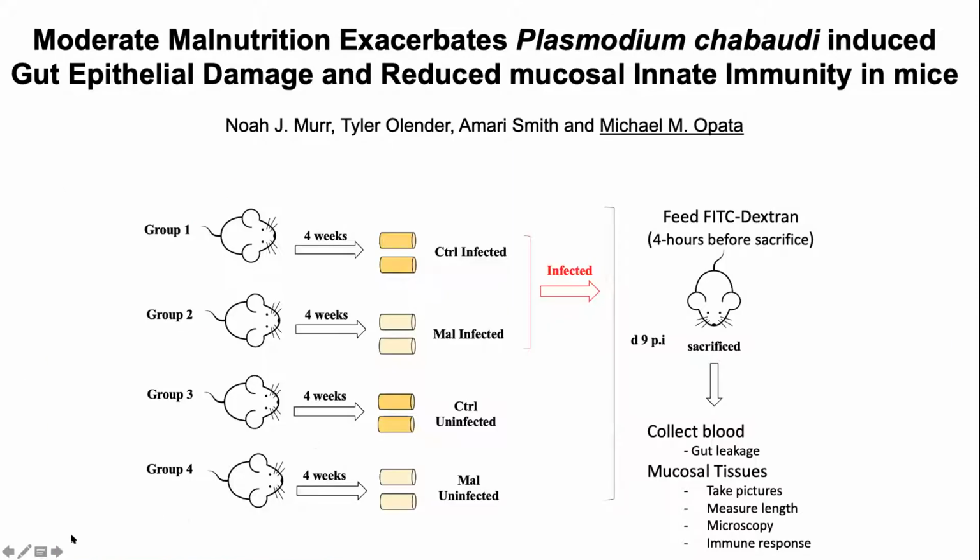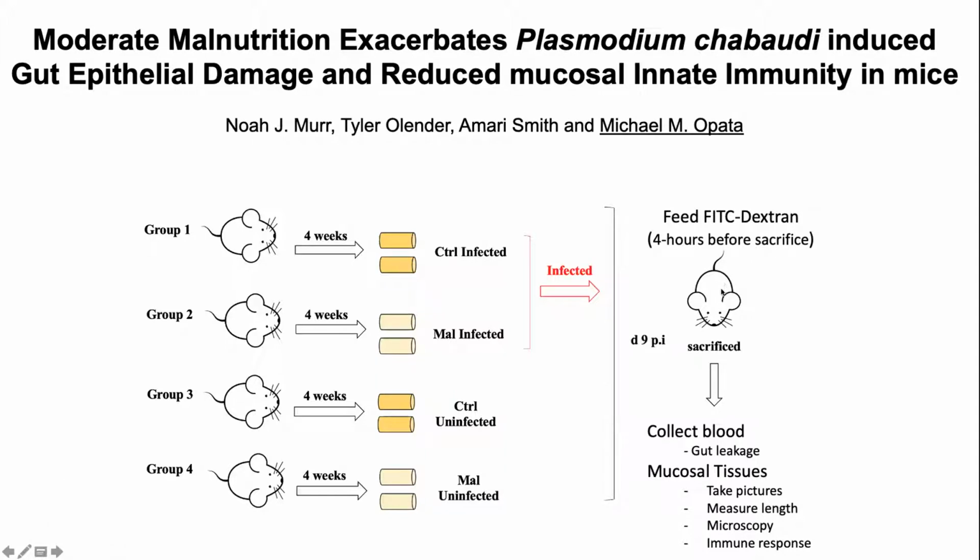What we do is we feed them for 4 weeks to induce the malnutrition. Once we have induced malnutrition for 4 weeks, we either infect or don't infect. So we infect one of the malnourished groups and one of the control groups, but the other groups are not infected, but they get the malnutrition or the diet. Then 9 days later, which is the peak of infection, we feed the mice dextran just 4 hours